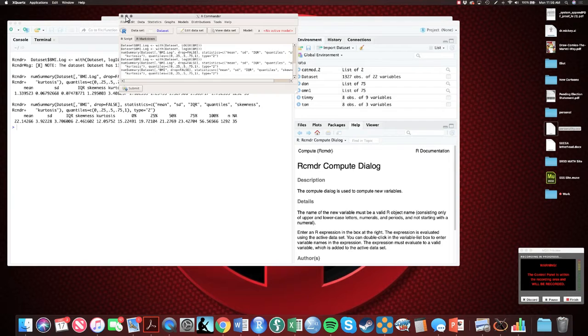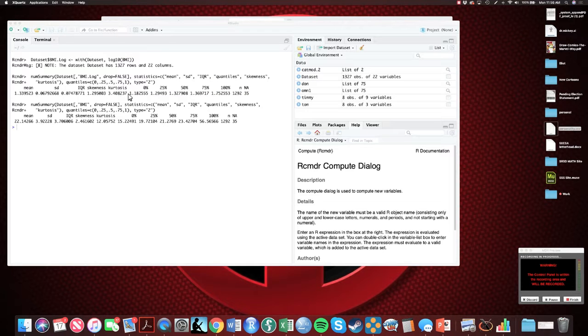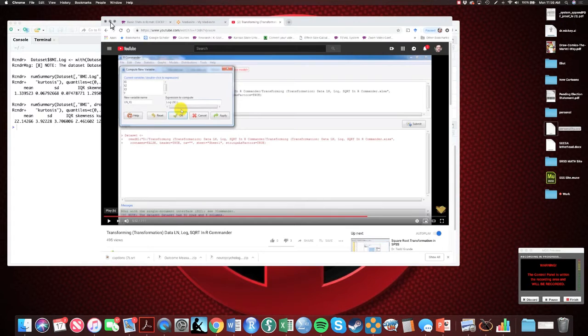So we transformed this in a way that has allowed us to get really close to a normal distribution. There are other ways of doing this. You can do square root, you can do other things. Unfortunately, this one didn't get to where we could say that it has a normal distribution. But generally speaking, when we're working with these data sets and we have non-normal variables, we can do the log10 transformation. We can also do a square root transformation where we would,